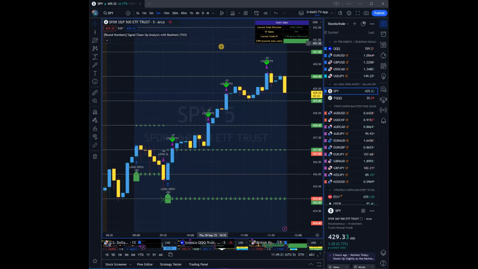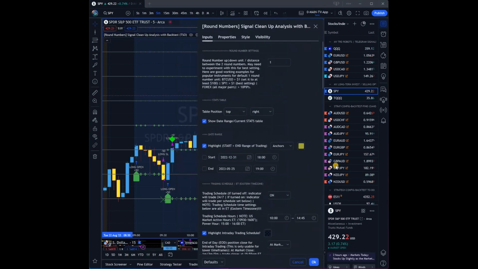So yeah, let's simply go through. Oh yeah, let me just show real quick. There's a table with information here. It's gonna show you if you're long or short, whatever you trade. The last take profit taken, it's take profit T4 for take profit target. This is your price difference, profit loss, and this will appear only if you turn on